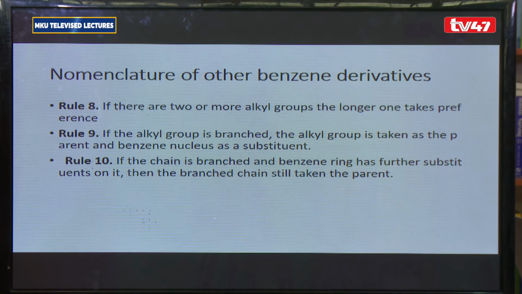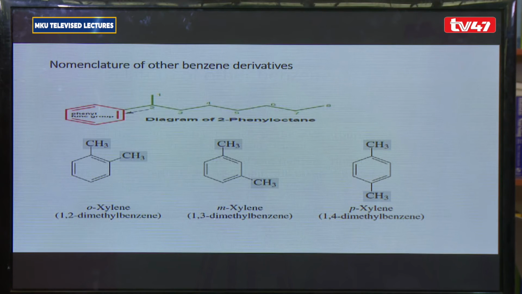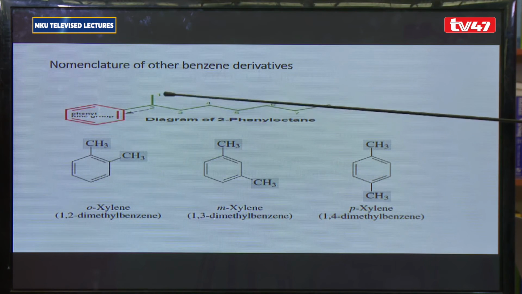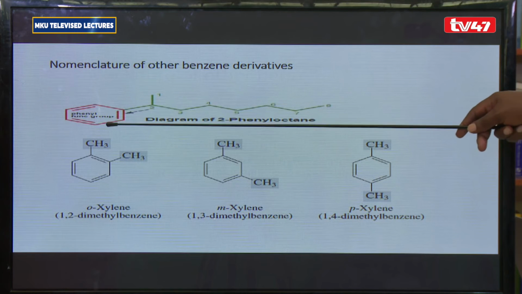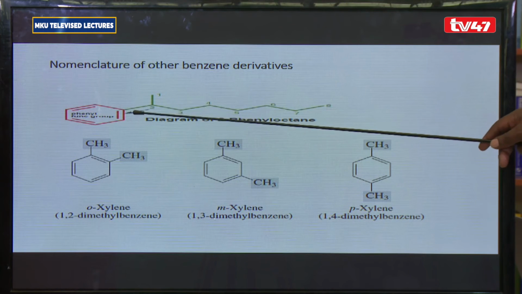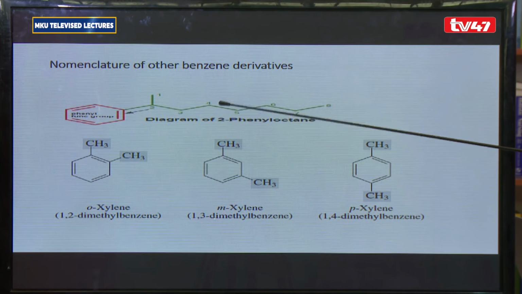So we are saying that a branched alkyl group is given preference. I'll just give one example. Now look at this. This is a benzene ring bonded to 1, 2, 3, 4, an 8 carbon alkyl group, meaning an octane,